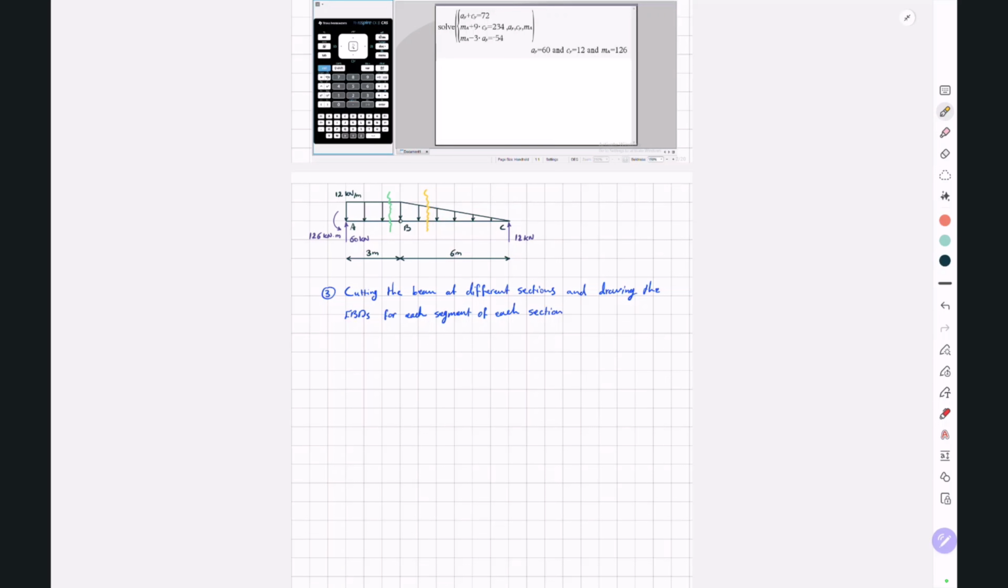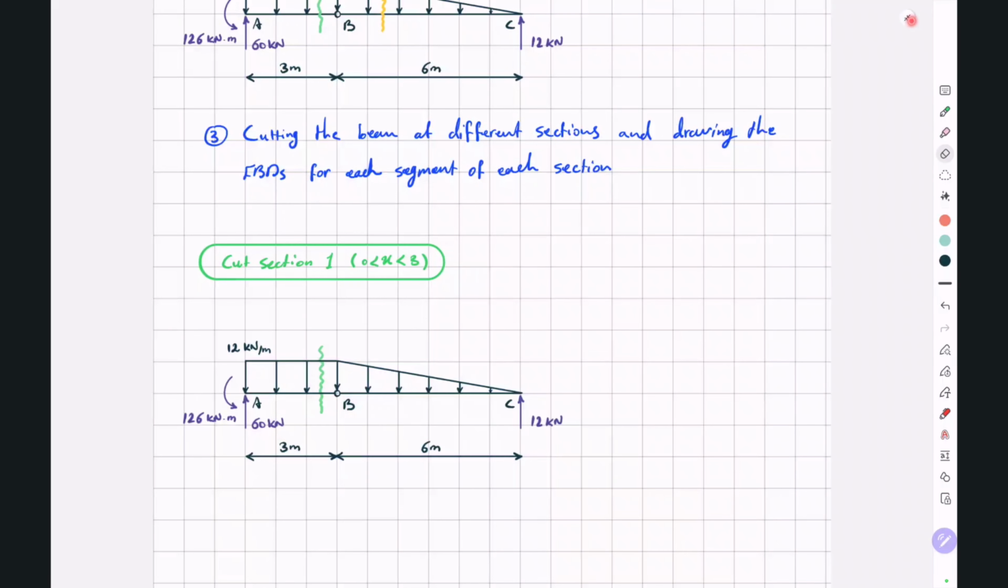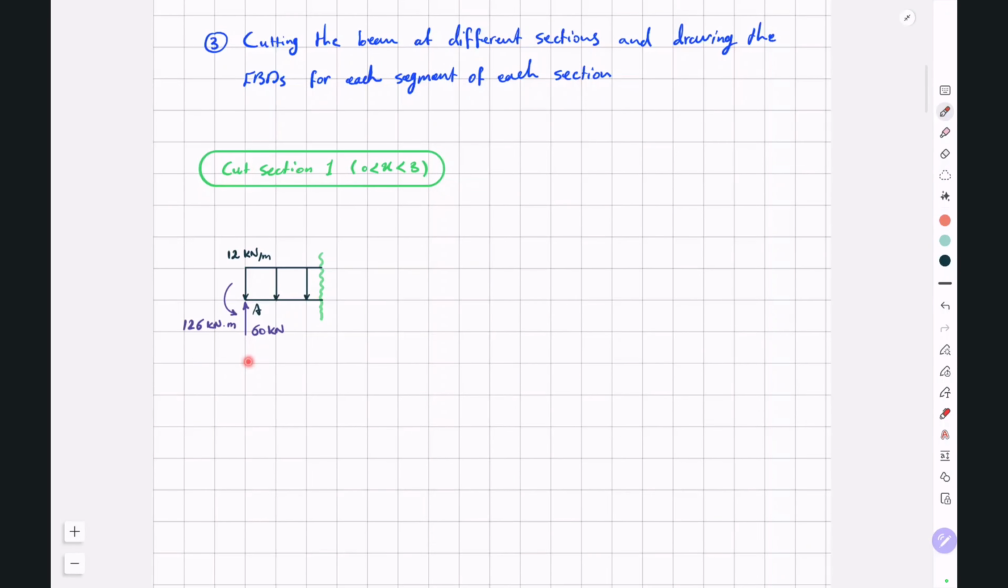So for the first cut section, or X between 0 to 3, our left cut segment will look like this. So the length of our cut segment is equal to X. We have a downward shear force, which we call V1X, and we have a counterclockwise moment, which we call M1X, and our right cut segment